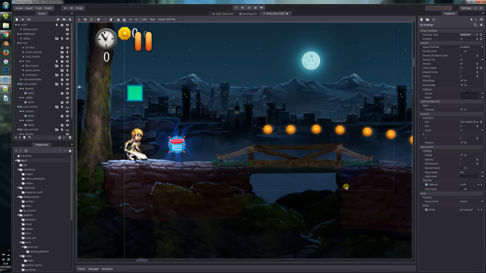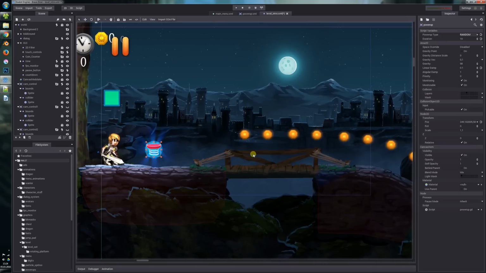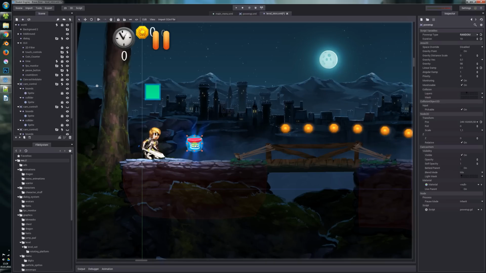Welcome to this new tutorial for Godot, and in this tutorial I'm going to show you a very cool feature which is called the tool feature. So you have your nodes and you can attach scripts to them, and you can give your scripts a tool mode. So what is a tool mode? Well, the tool mode basically just says that the script can also be executed in the editor, not only in the game but in the editor,